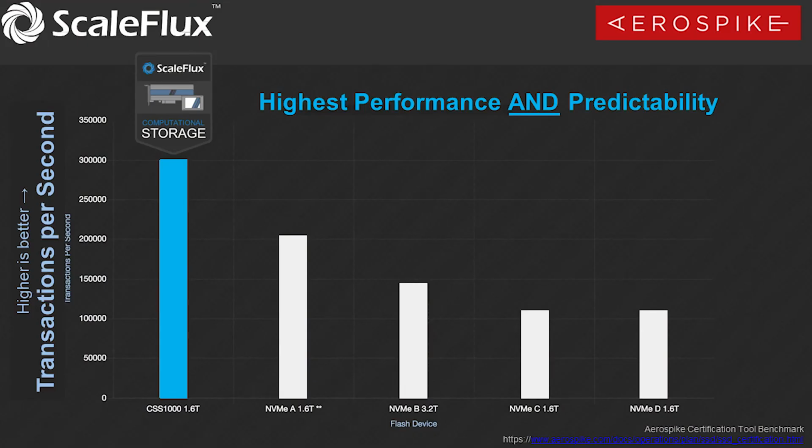Talking about the performance, when you use Aerospike, one of the first important tasks you want to do is ACT, right? We know that ACT pretty much certifies that your storage layer can live up to the expectation for your faster database. Sometimes we run into some issues with customers when they are trying to set up Aerospike, and